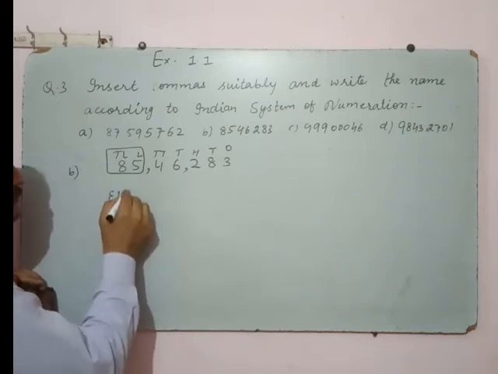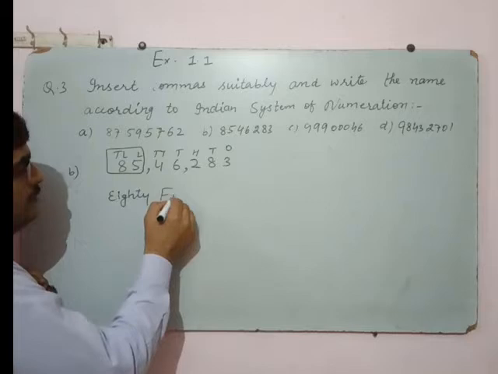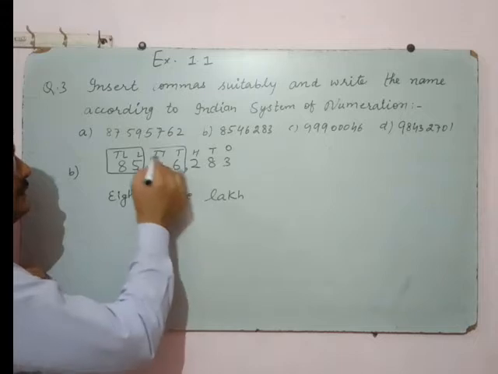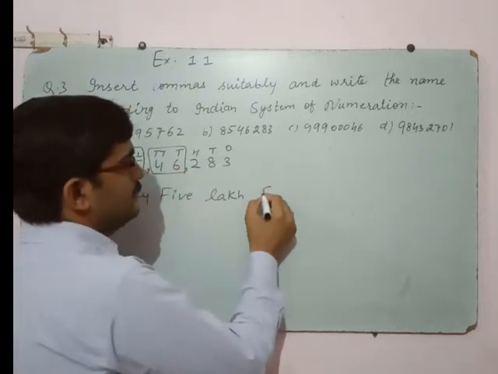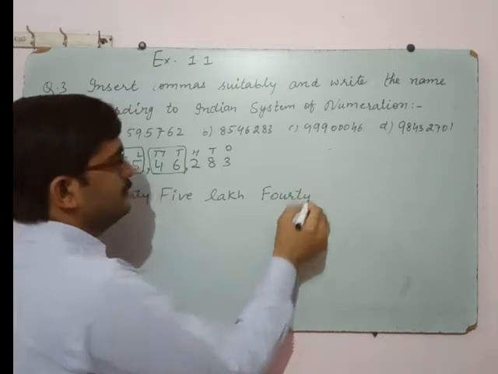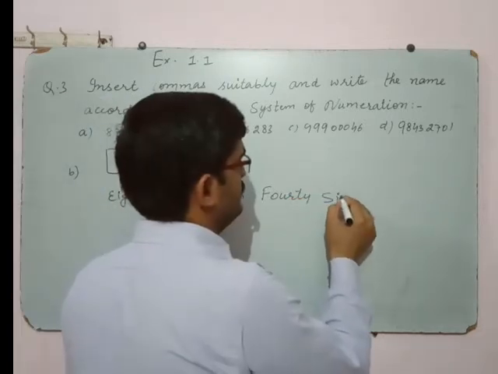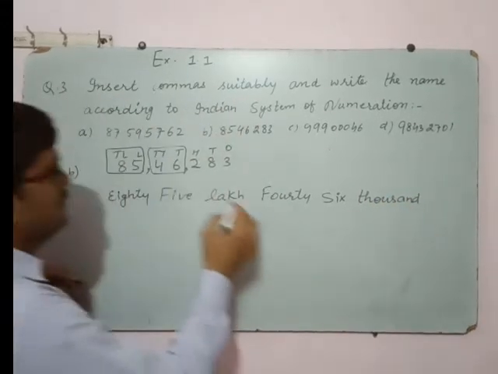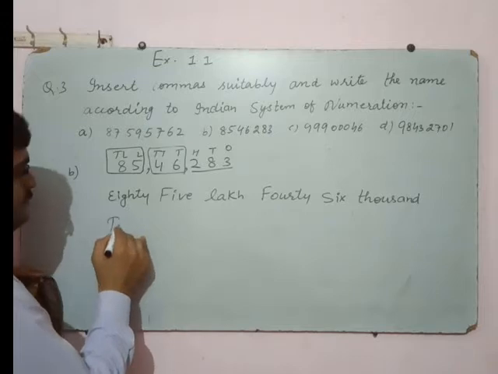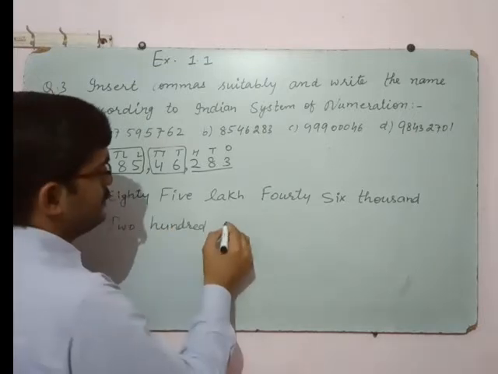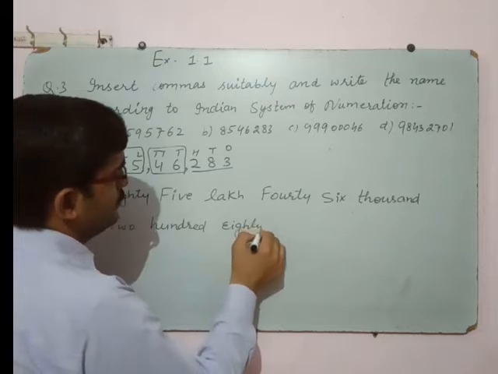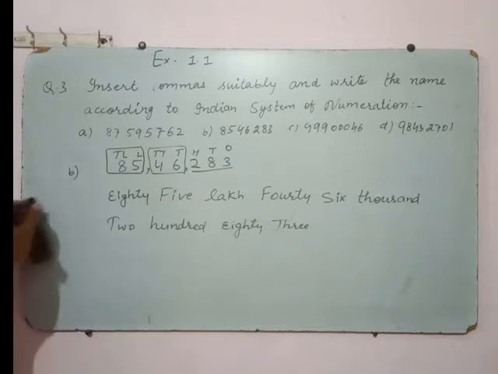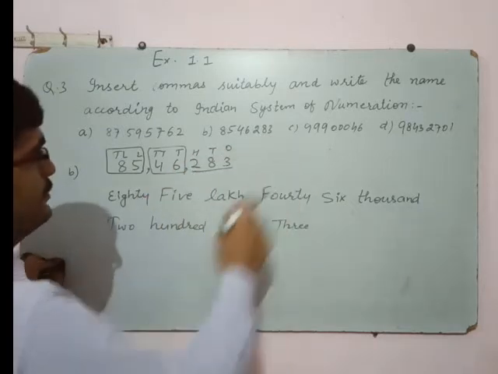85 lakh. Next is thousand. 46,000. Thousand. 283. This is our number system. Clear? Next is